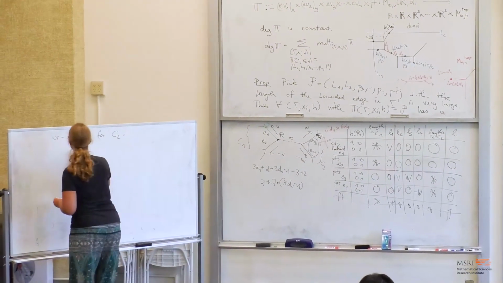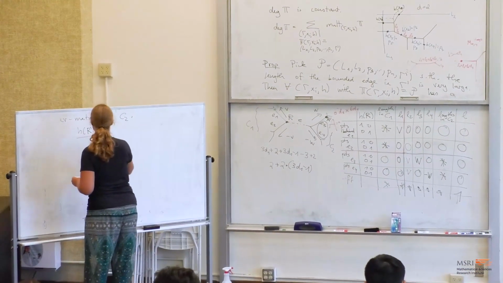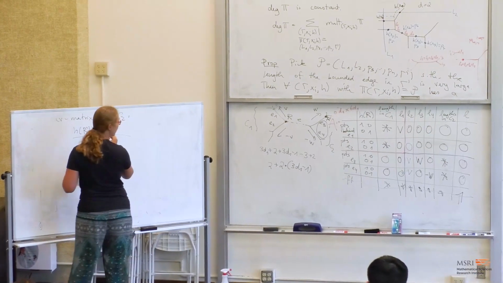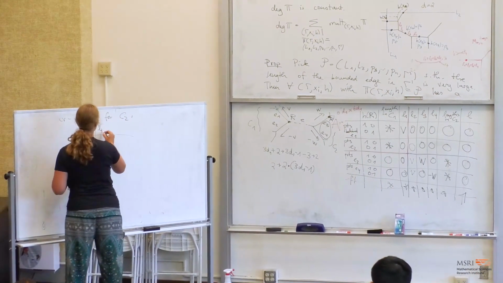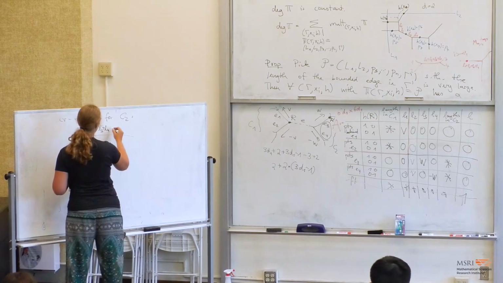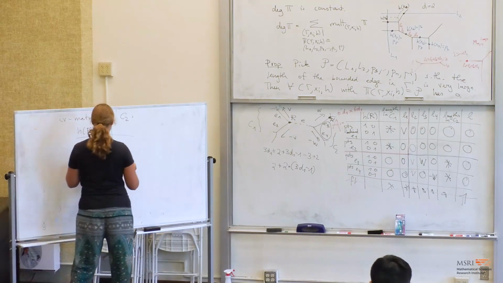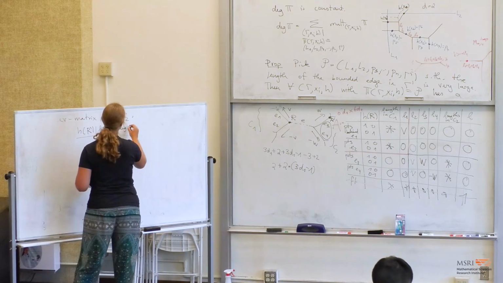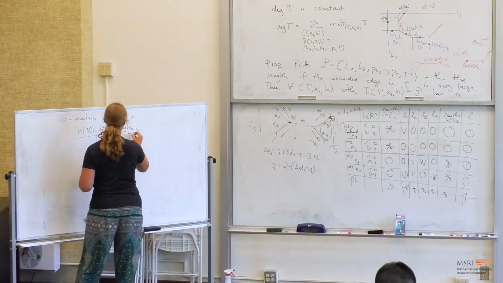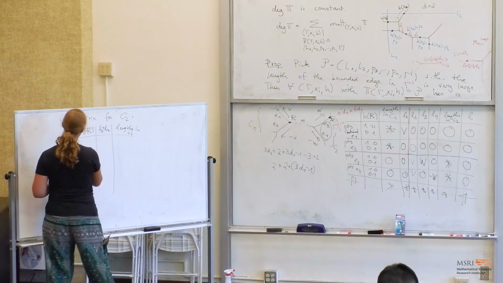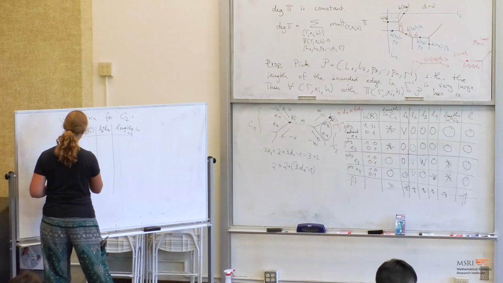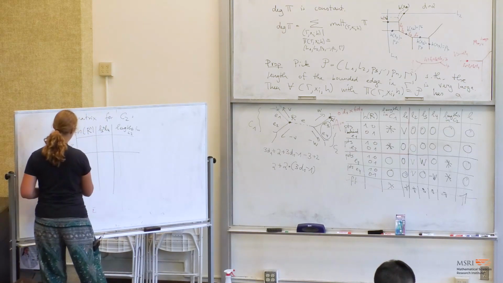So we have the H of R prime columns. We have this new length, but let me call it L3 plus L4. And we have whatever length in C2, right? So we have points behind E3, and we have points behind E4,